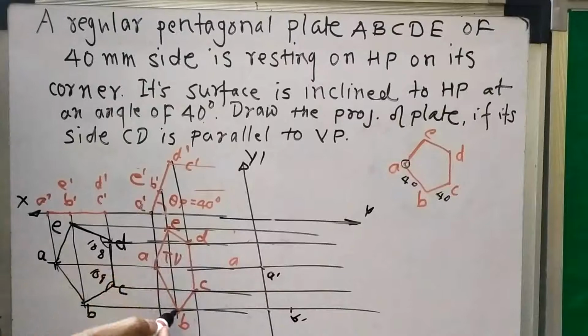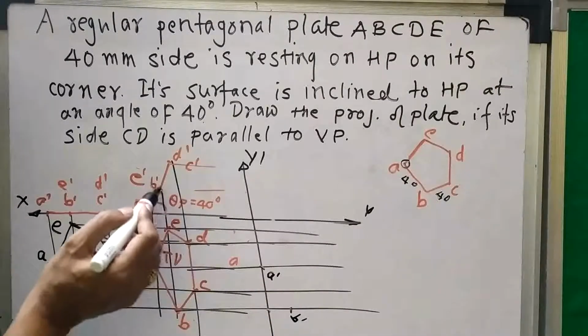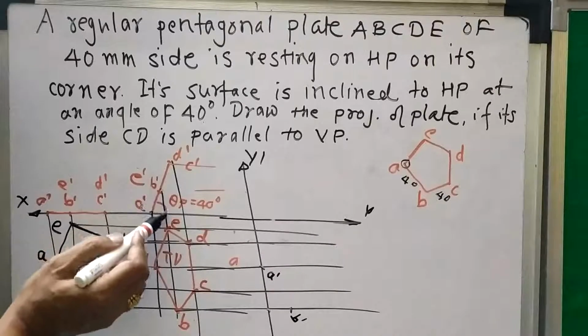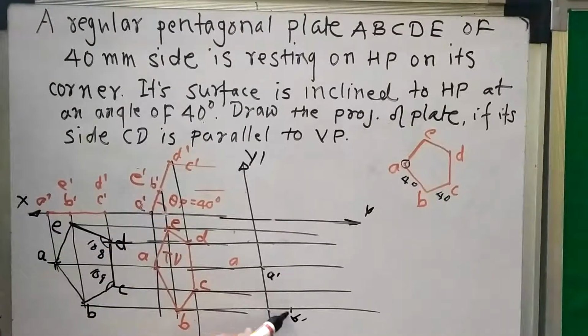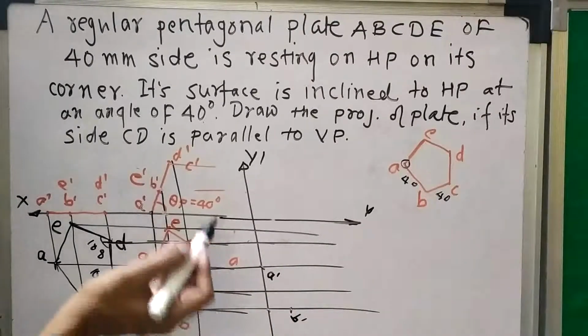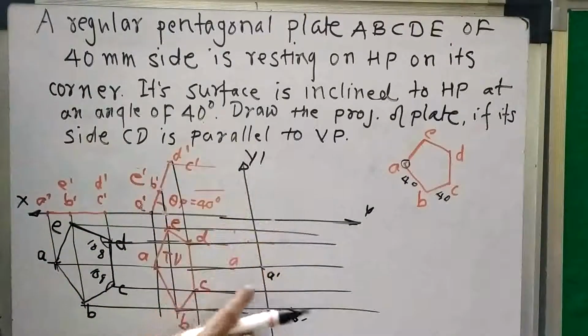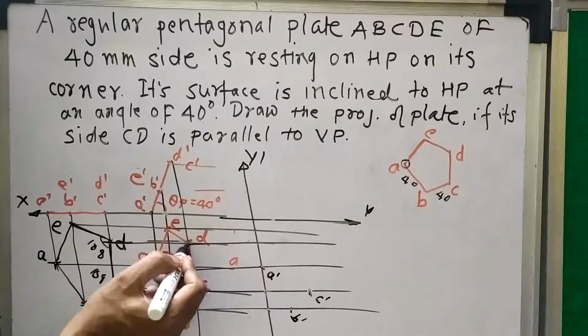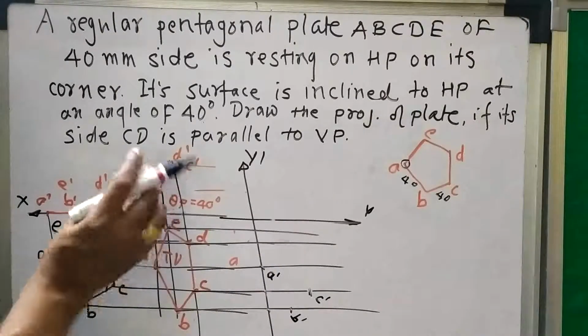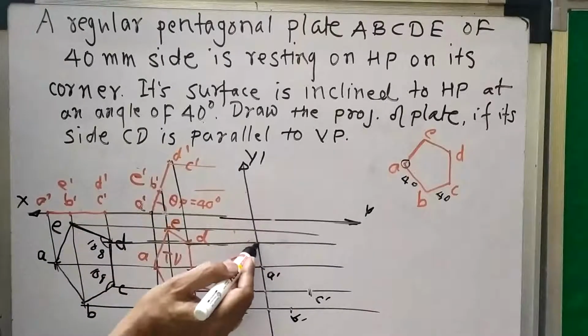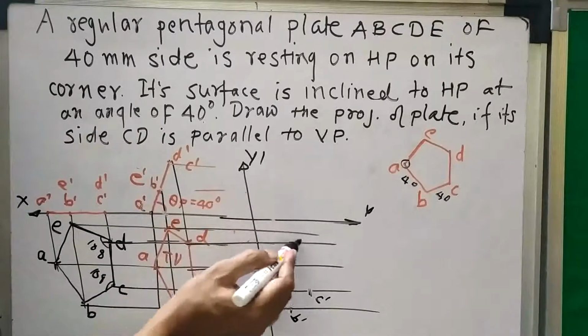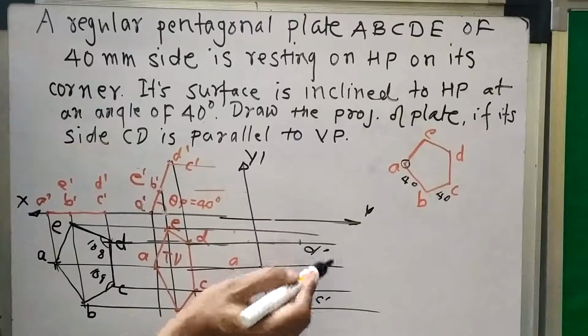So what I have done, on the projector of B, its previous view is this. This much distance I have taken in the compass, and this distance I will mark from this to this. So B dash. For example, C is projected. Its previous view is this. This much distance I have taken in the compass, means this distance I will take in the compass on the projector. From this I will cut here. So this will be C dash. Similarly for D, D's previous view is this. This much distance I will take in the compass, and from the projector D, from this new X1 Y1 I will cut. So this will be my D dash.